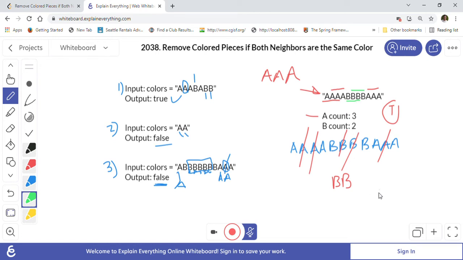So for A, the count of three consecutive A's is 3, and for B, the three consecutive B's count is 2. So you will always notice that whoever's count is more always wins the game. So Alice will always win this game because her count is more.